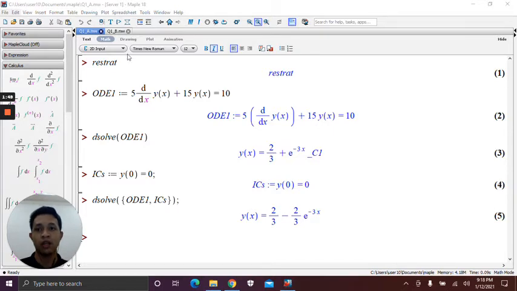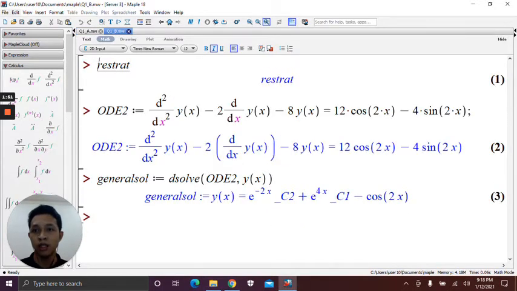Okay, next for question 1B, we must solve it using undetermined coefficients. This is for the second order. So first, I type ODE2 because it is the second order: d2/dx2 y(x), that is y double prime, minus 2 y prime, minus 8y equals 12